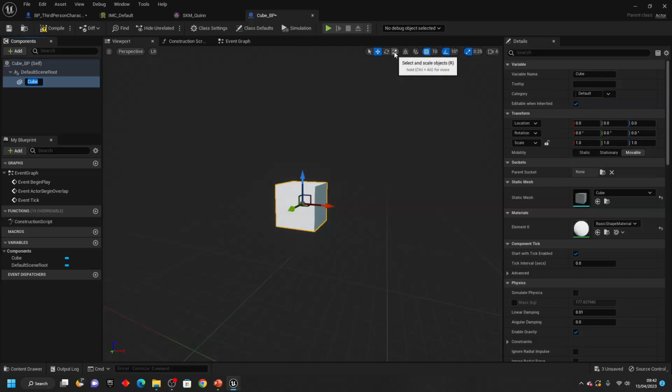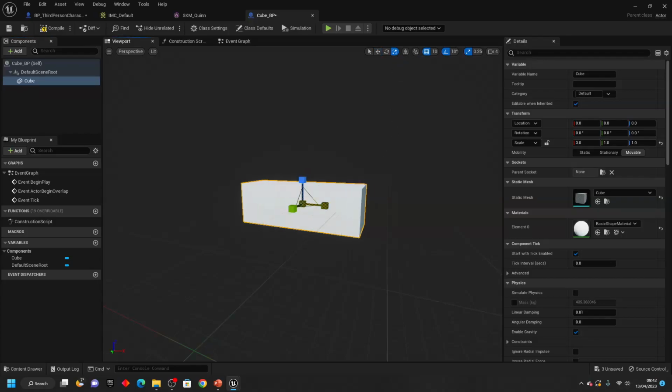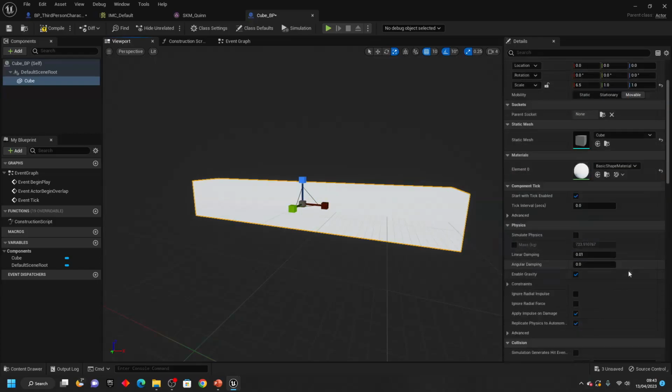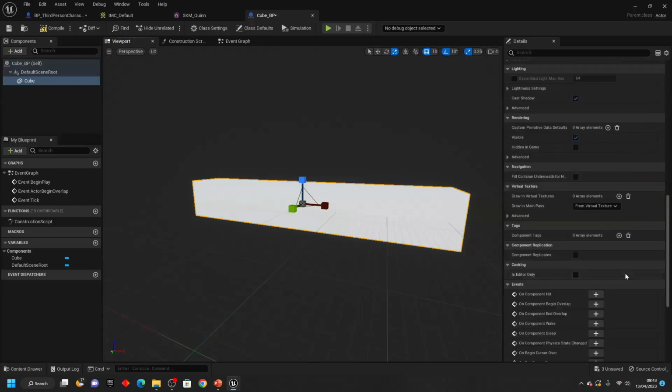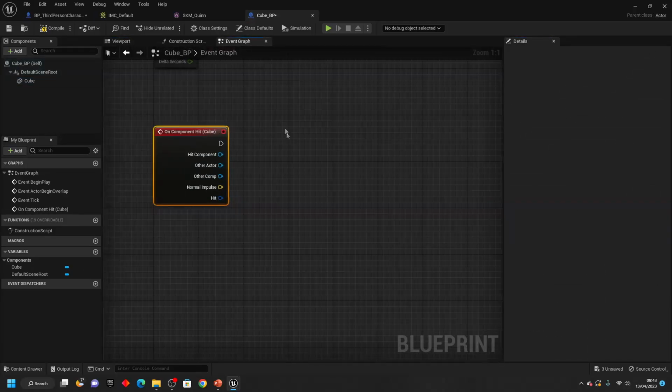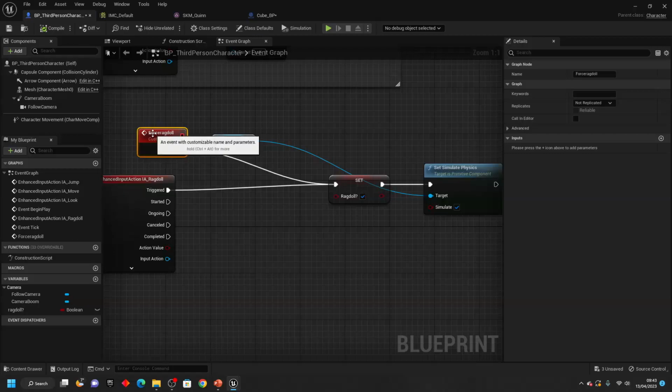And then if I go to select and scale objects, I'm just going to scale it in the x-axis. And then we just want to select this cube, scroll down, and go to on component hit. So this will basically fire whenever something hits this cube. And on component hit, if this other actor is the third person character, we're going to call the force ragdoll